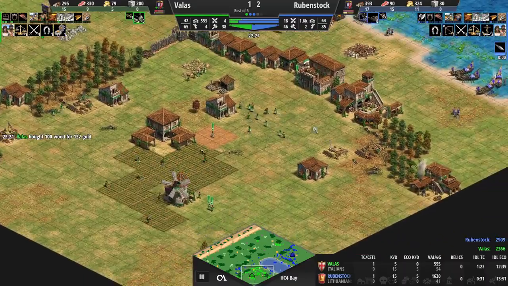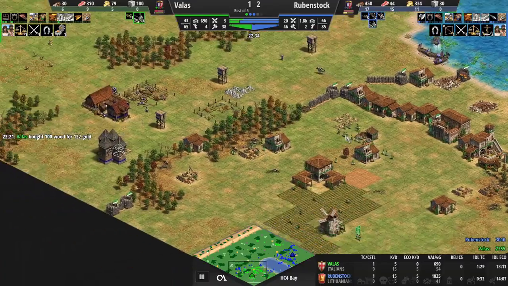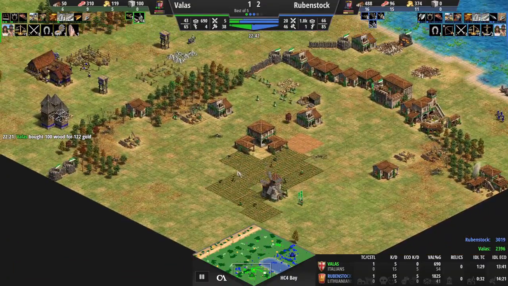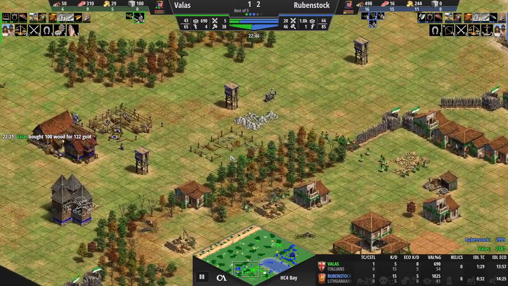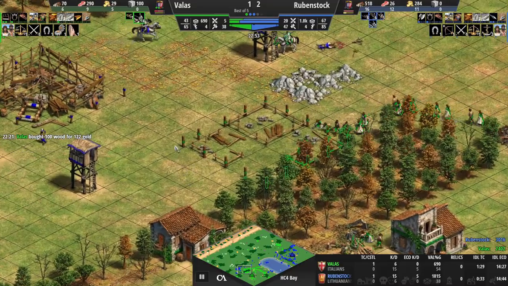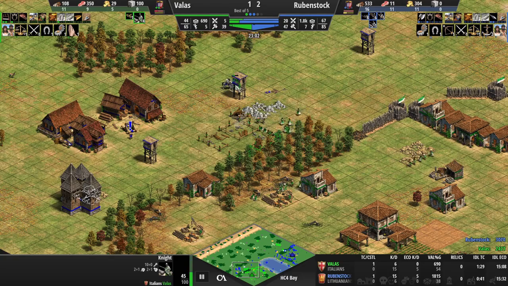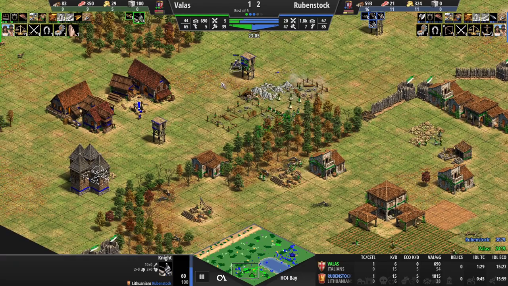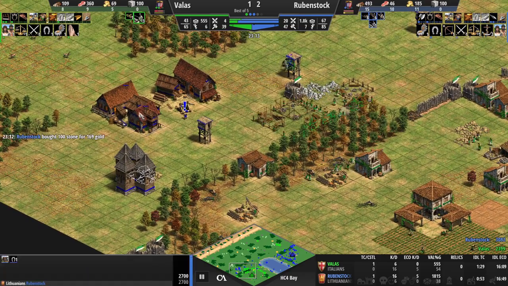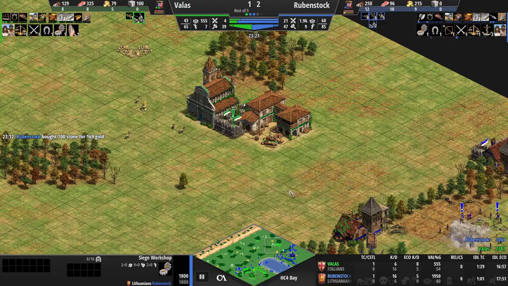He has been forced consistently by Rubenstock to just be on the defensive, reacting to whatever Rubenstock has been doing to him, and not been able to do much initiative on his own. He will be trying to turn that around now, though, with a town center here, trying to secure his main stone. He does have a knight out, which will, however, be going down to this knight from Rubenstock, who has more hit points. Rubenstock has already put down a stable here and a siege workshop,